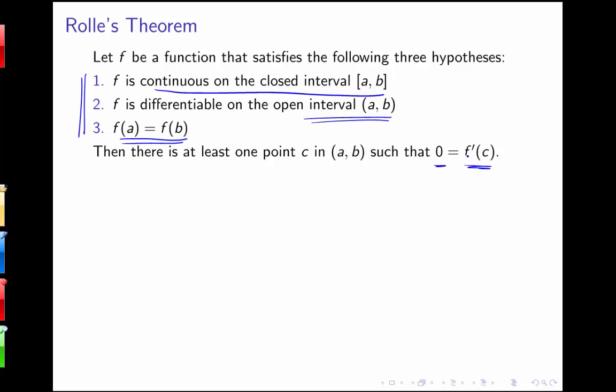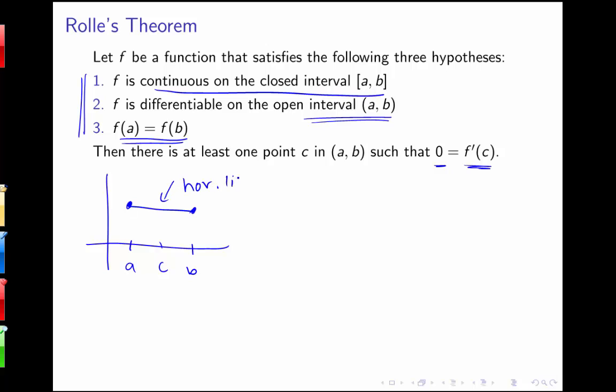In other words, there has to be a point in the interval where the slope would be 0, or where we would have a horizontal tangent line. There are a few different pictures we can have in mind that express what this theorem is saying. One is the simple case where f(a) and f(b) are the same, and in fact everything's the same in between, then we would just have a horizontal line, and at every point c in that interval the derivative would equal 0